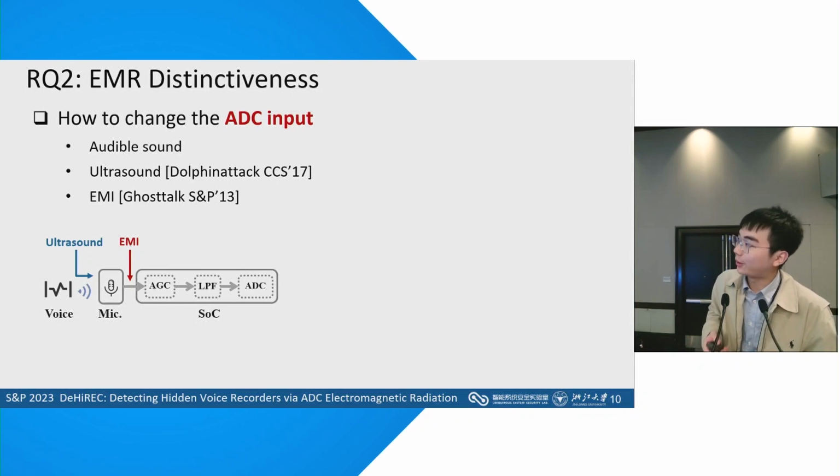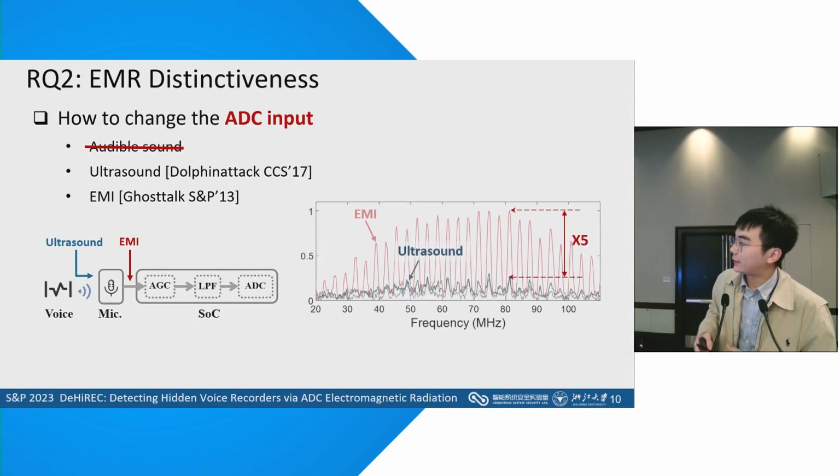The first one is audible sound, but it can be heard by the attacker, so we pass. The others are ultrasound injection, proposed in the pioneer work DolphinAttack, and electromagnetic interference injection, proposed in another prior work. We conducted a feasibility test on the C1 recorder